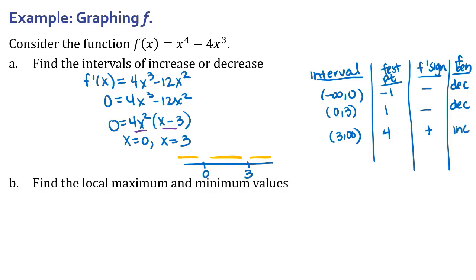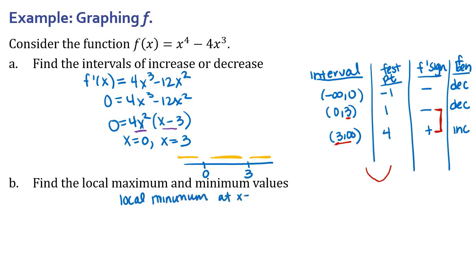If we were looking for where local maximum and minimum values happen, we ask where this function changes from decreasing to increasing or increasing to decreasing. So where does that first derivative go from negative to positive or positive to negative? You can see that only happens right here, where we change signs, at the endpoint of those intervals, x equals 3. At x equals 3, the function is decreasing, so it's going down. Then for numbers larger than 3, on the right side of 3, it goes up. It's an increasing piece. So that means we have a local minimum